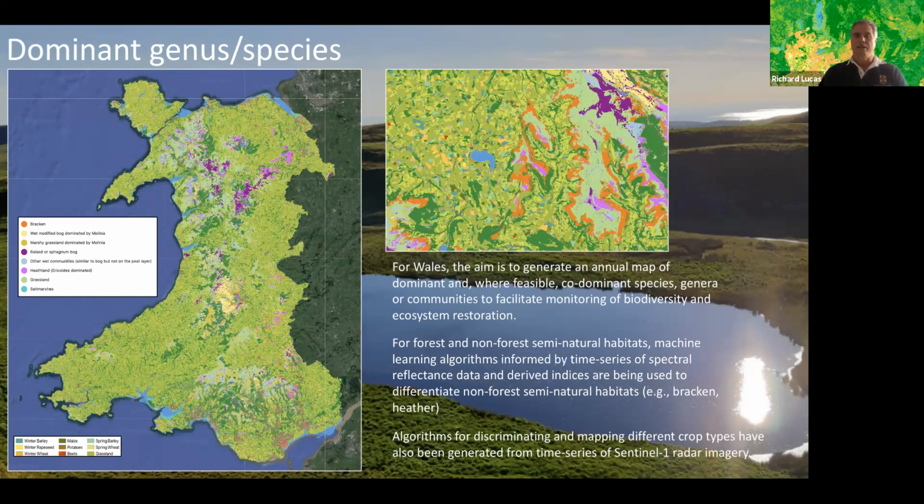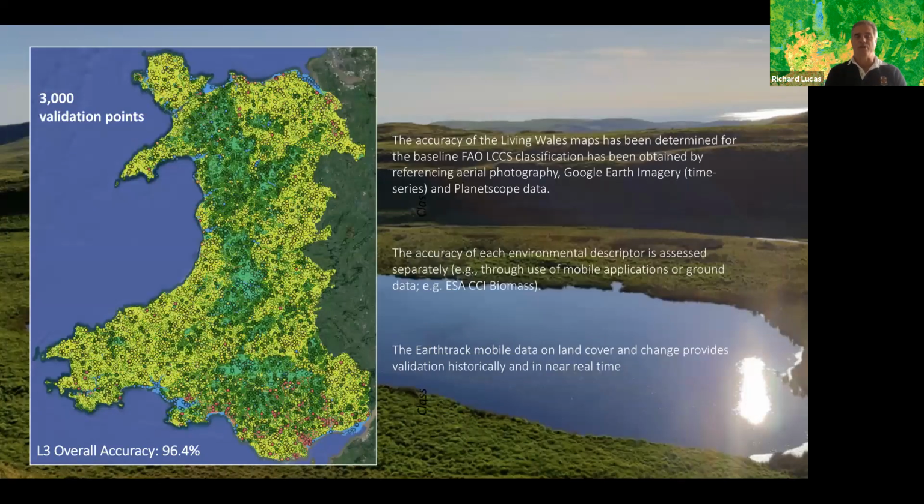So the accuracy is really important. At the minute we're using, what, about 96% accurate for the level 3, which is pretty good. We find the accuracy is better than if you just try and classify the landscape through, say, supervised training. But we do use classification in that procedure. These are validated by aerial photography, but we're looking at deep learning approaches on aerial photography as well to try